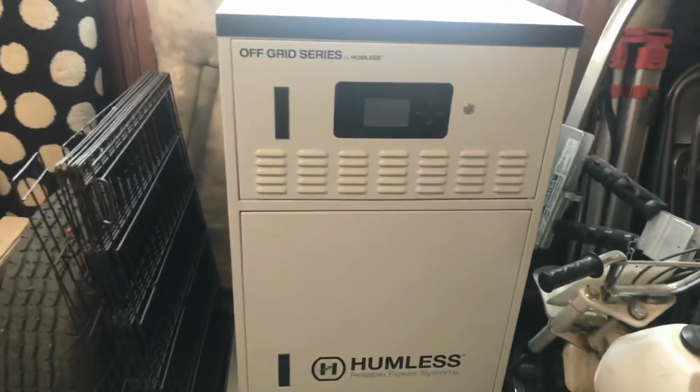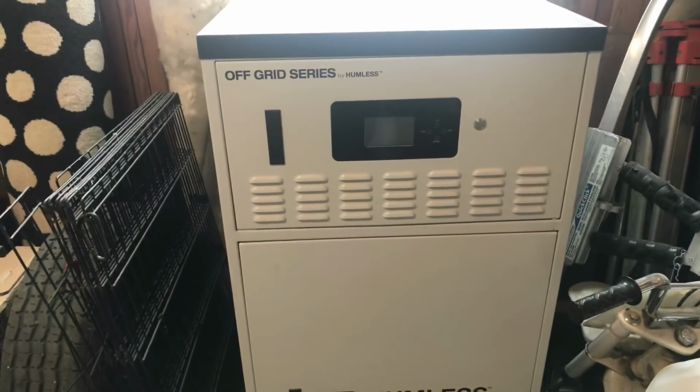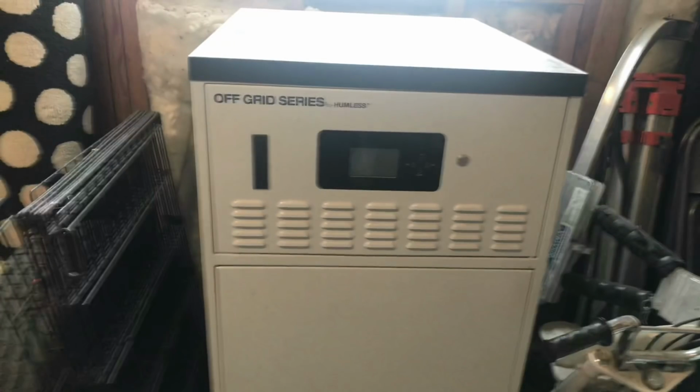What I like about the Humless one, I don't have it on right now, is it really shows you a countdown timer, and it will let you know exactly how long you can keep running for. So, these are great units. And as I watch what people are struggling with as far as not having enough gas, these types of systems will limit your gas needs because basically you can charge it up, do some loads, and then shut the generator down when the batteries are full and run off the batteries. It's going to give you a lot better fuel consumption, I guess you would say. So these are like two things really: the portable backup power systems,